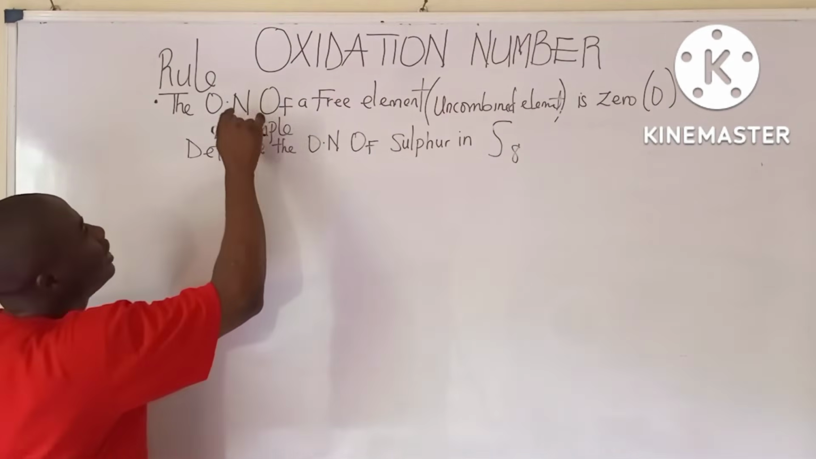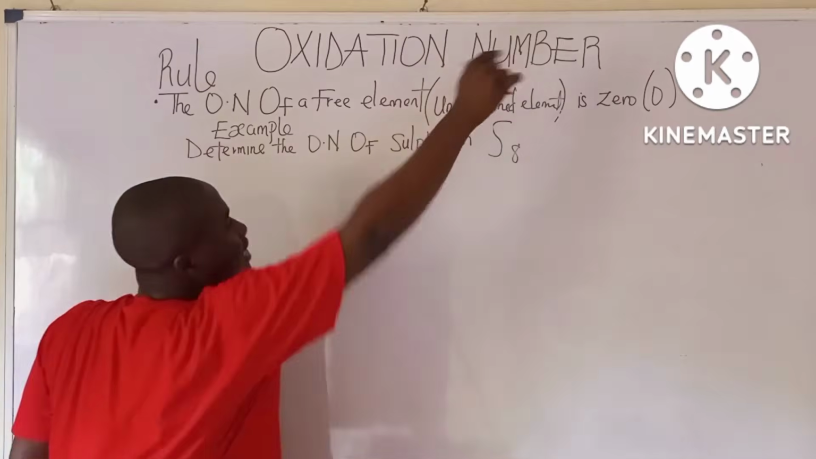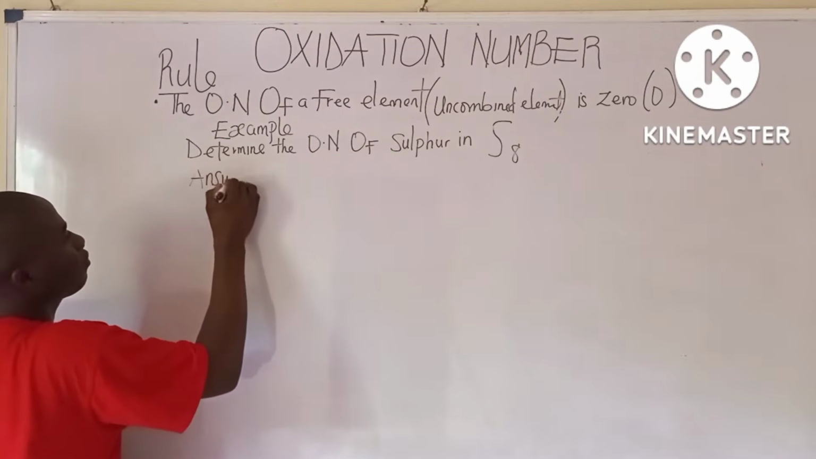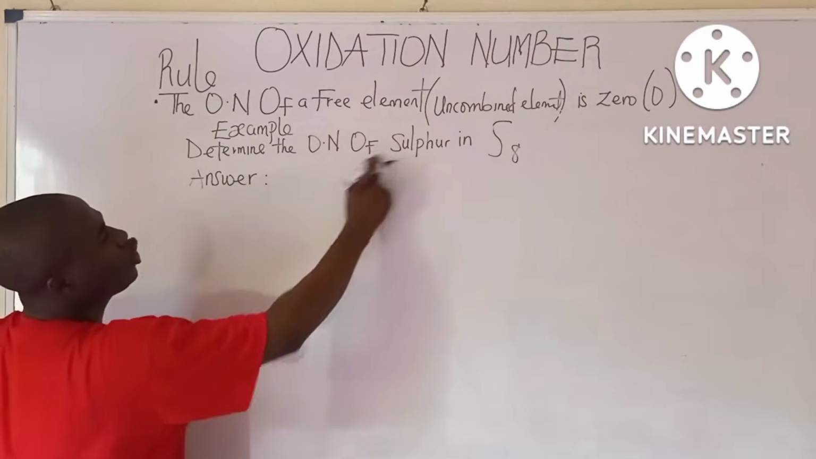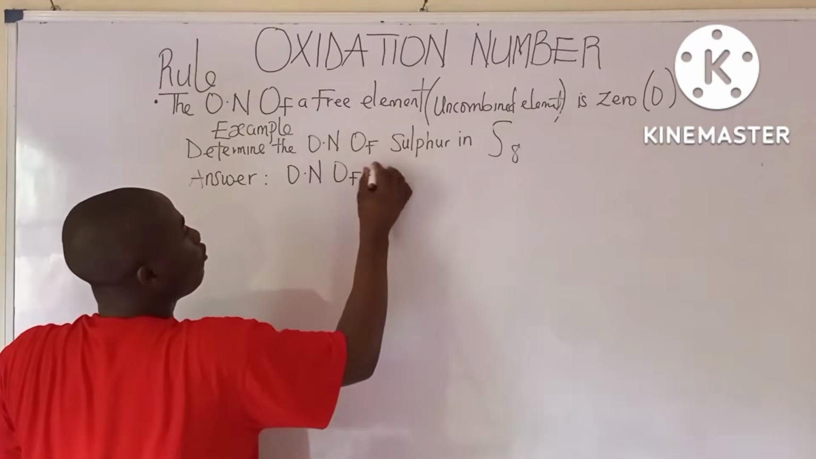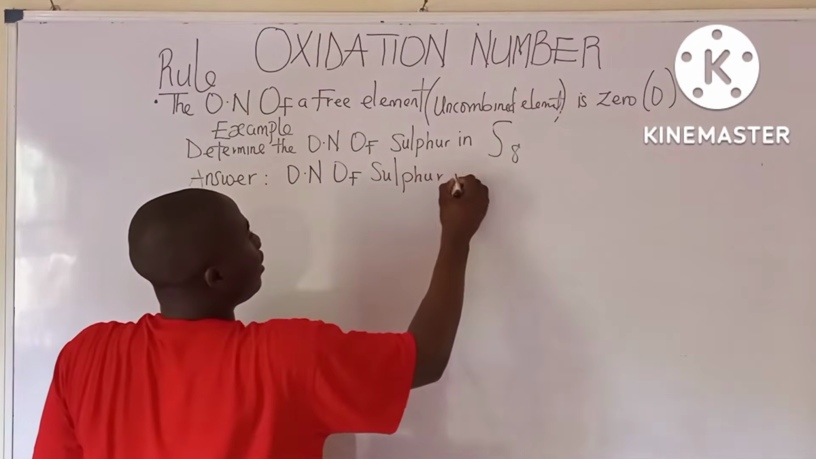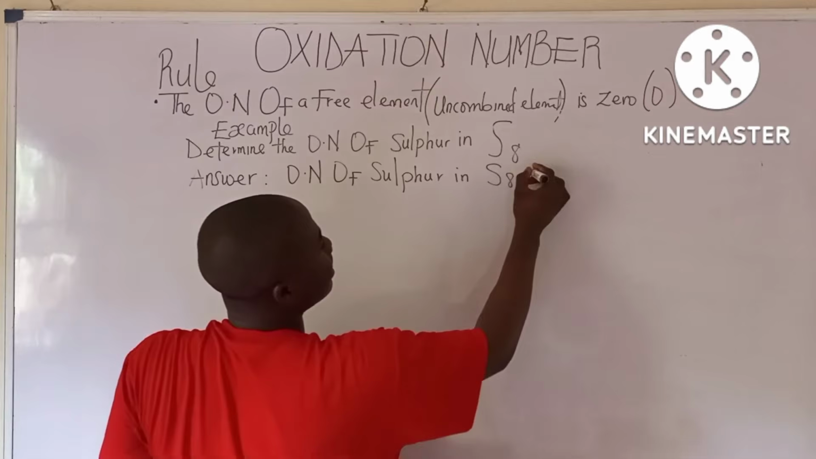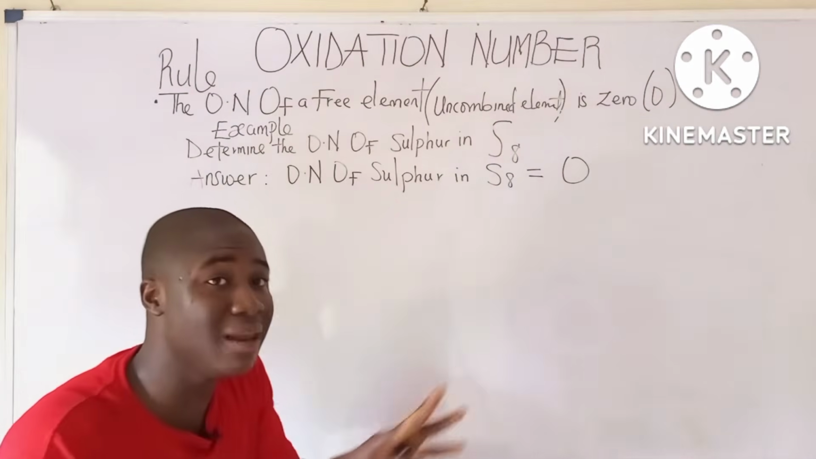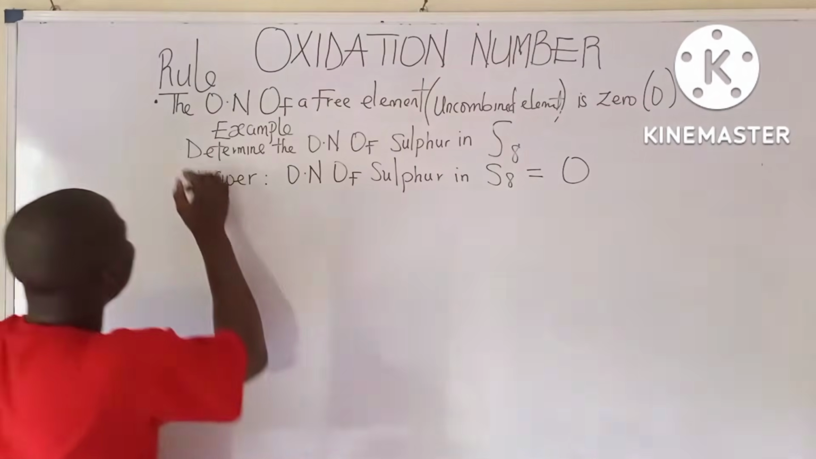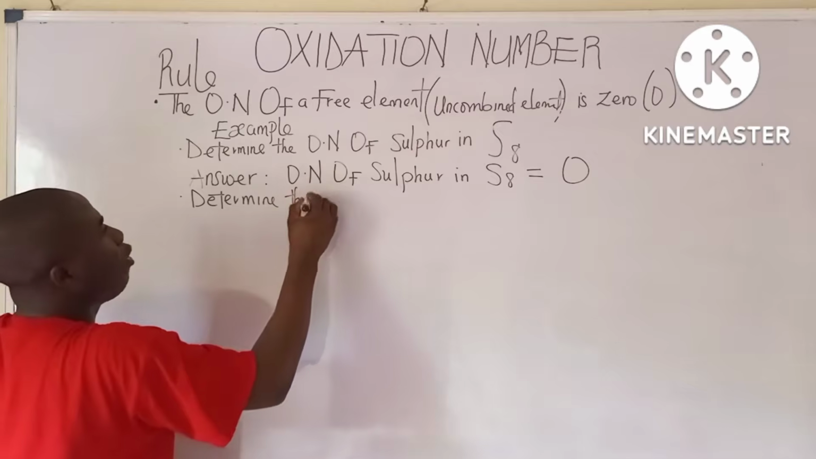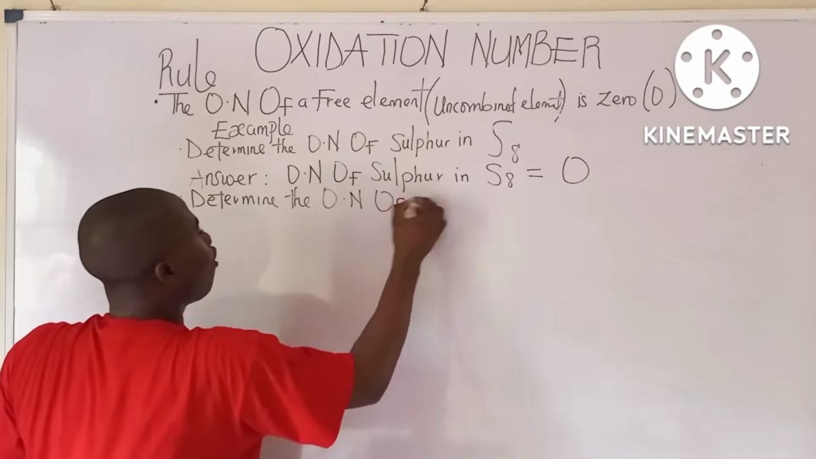From my explanation, the oxidation number of a free element, which is an uncombined element, is 0. So the answer becomes: the oxidation number of sulfur in S8 is 0, because we said that whenever we have a free element, which is an uncombined element, it is 0. So let's take another question. Determine the oxidation number of oxygen